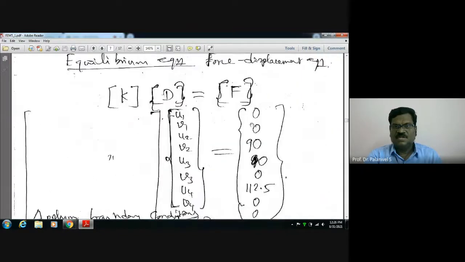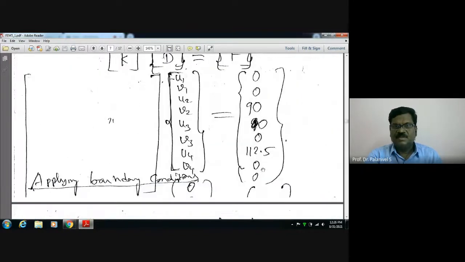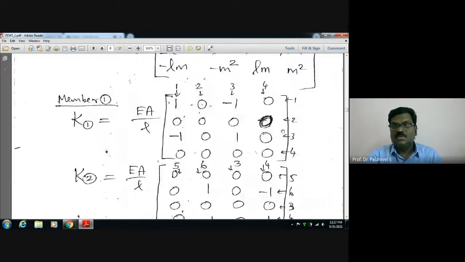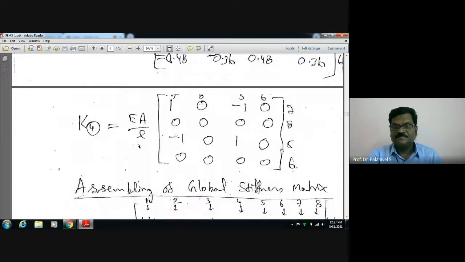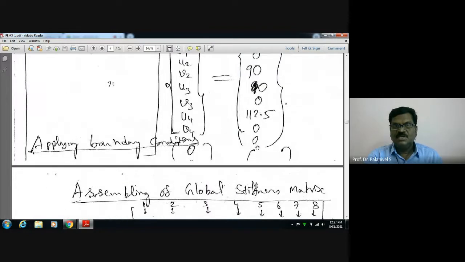Instead of substituting 0 and all in the force vector, you have 90, R2, 0. Okay, these are the forces acting at node 1, node 2: horizontal 90, vertical 0. If you don't like to write 0, you can even write Y2 there, support reaction is there. Sir, yes, obviously you can write Y2, later it will get eliminated. Okay, and then U1, U2, V2, U3, V3. There is a vertical load acting here, that is V3. Here the vertical. U3 is 0. So you write 0 down here. This way, you write the force vector.